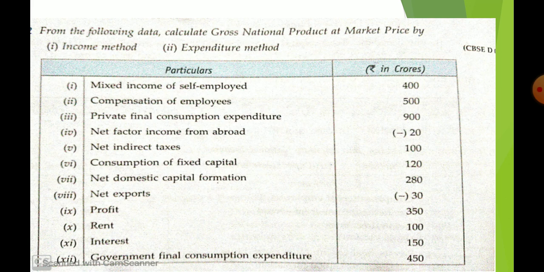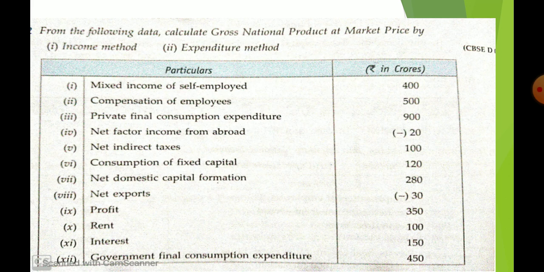Let me start. This chapter is over, and the first unit of macroeconomics is also over, okay? The first unit is measurement of national income. So in this unit you learned about the basic words, terms and concepts of macroeconomics like final goods, intermediate goods, investment, gross investment, net investment, circular flow of income, real flow, money flow, okay?